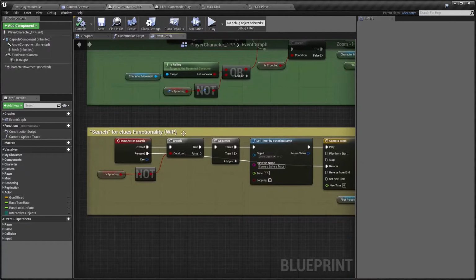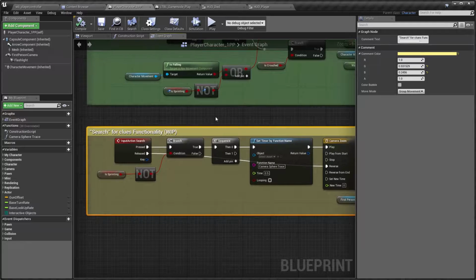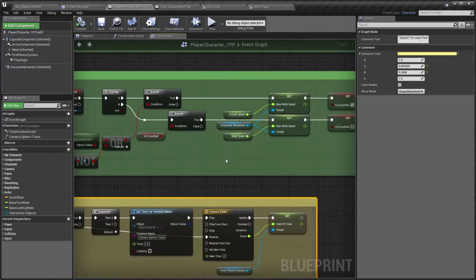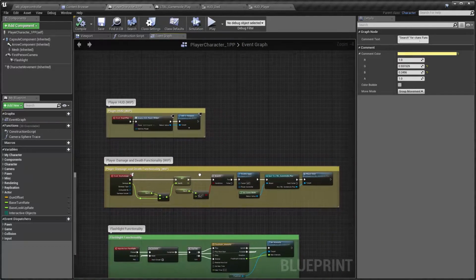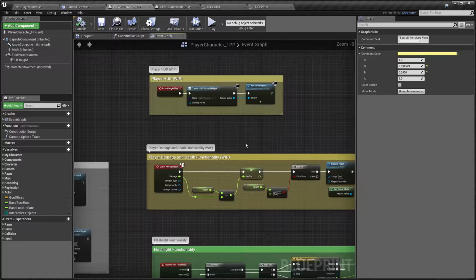Down here, this one's a work in progress. I showed you this one in the last video, which was the search functionality. That's still a work in progress. I still have a lot of work to do on that, but I'll jump back to that a little bit later. And I do tend to do that in my workflow. I'll jump around back and forth quite a bit